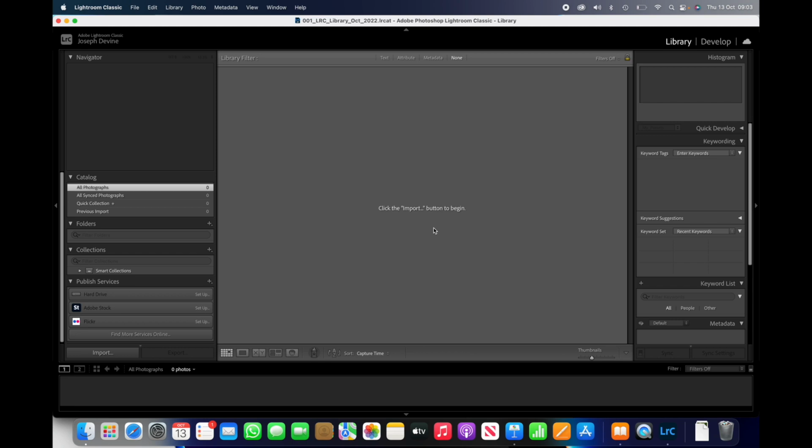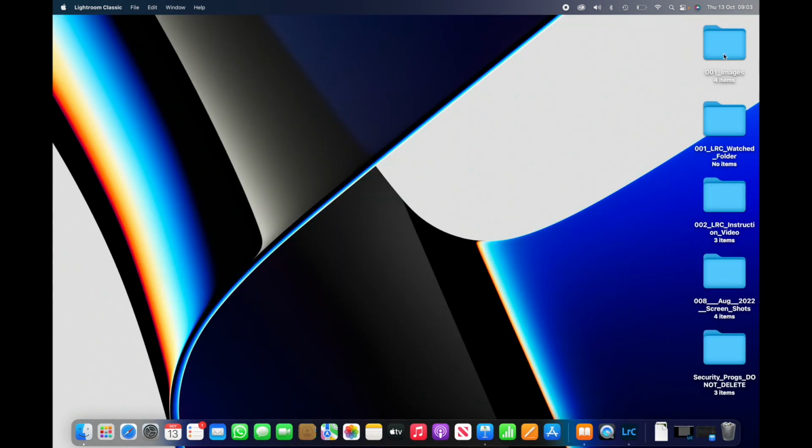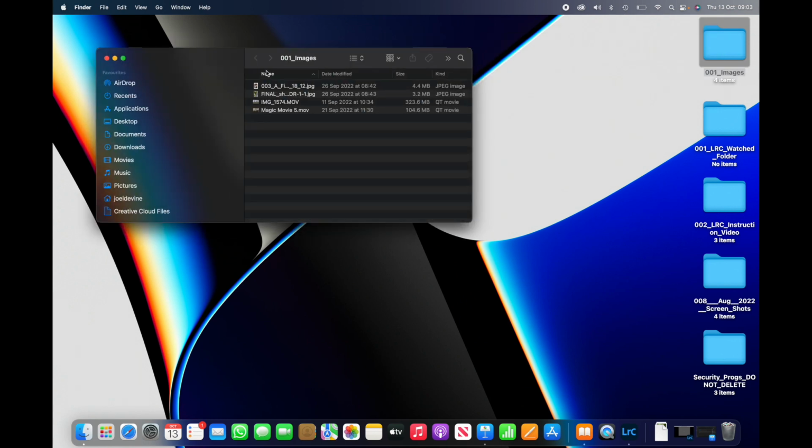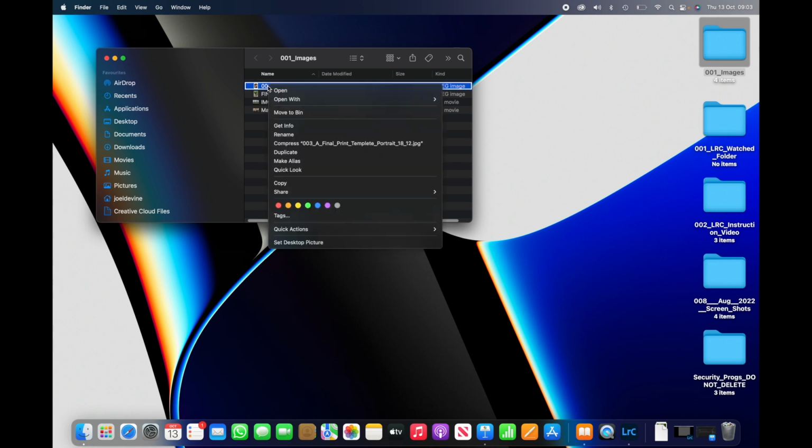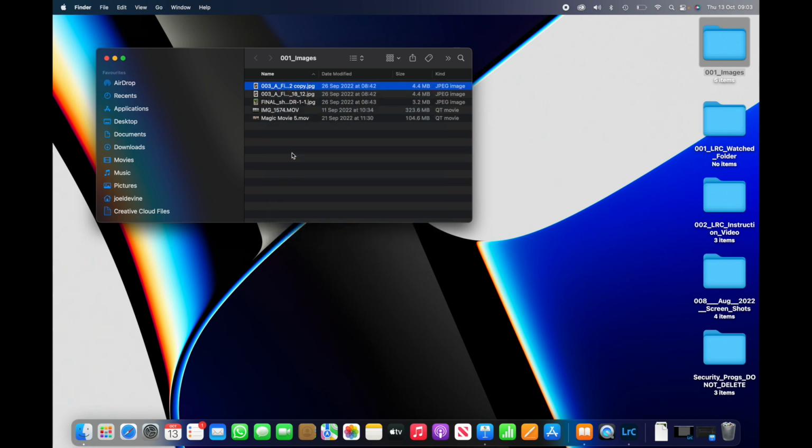Does it work? So what I'm going to do is minimize Lightroom Classic. I'm going to go to images. I've got a couple of images in here. I'm just going to make a copy of this. So I'm going to duplicate that image, and I'm going to drop this copy into this folder. So if I take that, drop it into the watched folder,